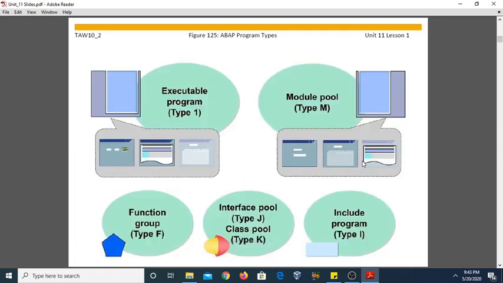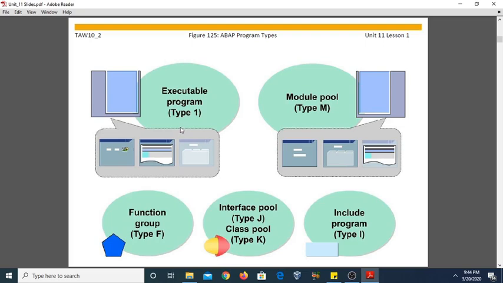Now come to the most important topic of this module number 2, TAW10 part 1: ABAP program types. Generally the ABAP program types are either complete or incomplete. ABAP programs that are complete can be executed and are of the following types.